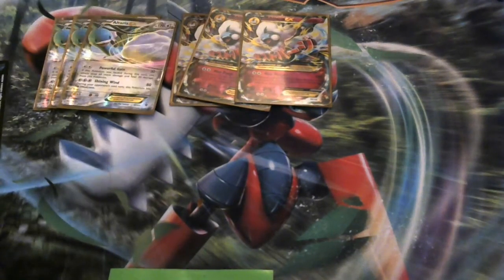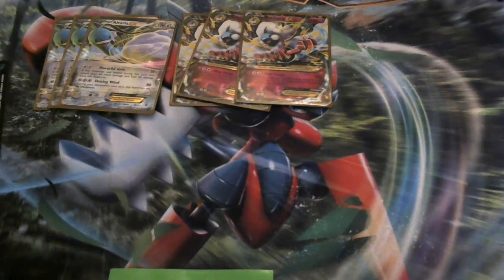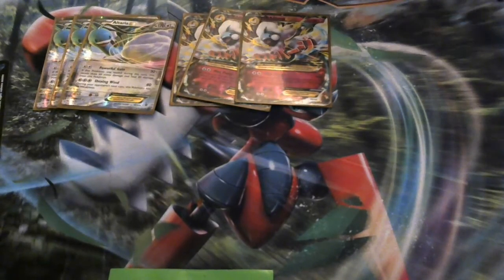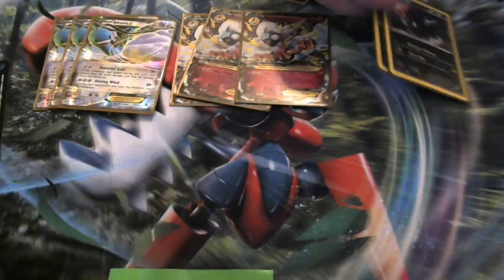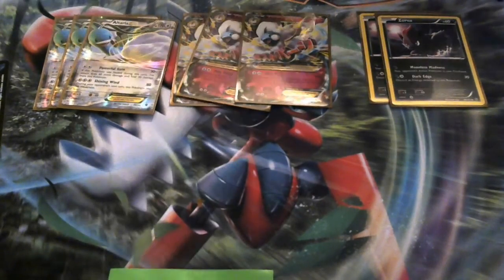We're going to be taking 2-hit KOs with 130 damage. We can pretty much 2-hit KO everything in the format, including Wailord, as long as he doesn't heal himself. And so this is going to be our main attacker here, and we're really going to take a lot of damage, and then we're going to try to heal it off, and I'll show you how we do that in a little bit. We also play a 2-2 line of Zorua and Zoroark